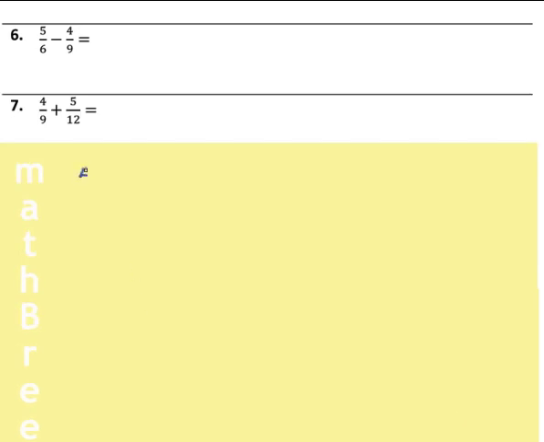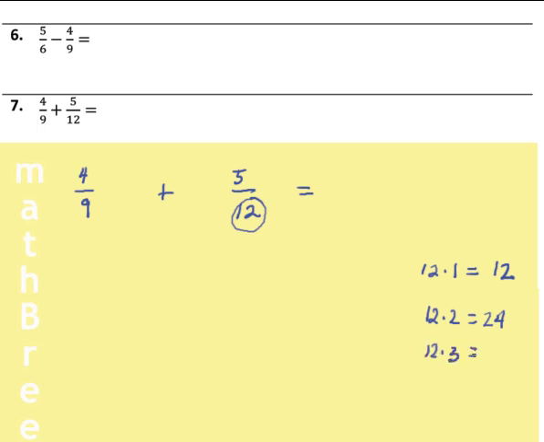So here we have 4 over 9 plus 5 over 12. All right, start with the larger denominator, multiples of 12. 12 times 1 is 12, and 9 does not divide into 12 evenly. So let's go to 12 times 2 is 24. Also not, 9 does not go into 24. And so now 12 times 3 is 36, and that one is good because 9 divides into 36 evenly,